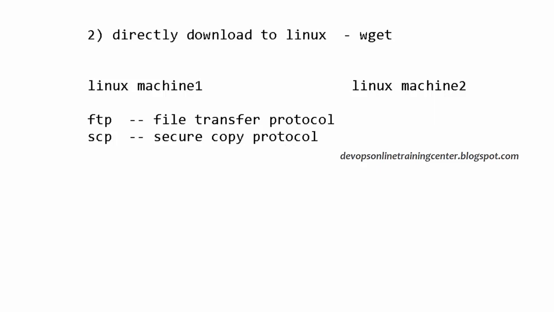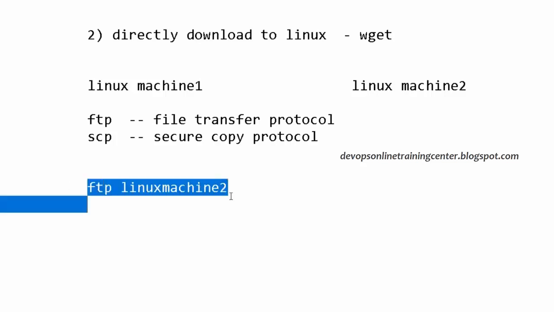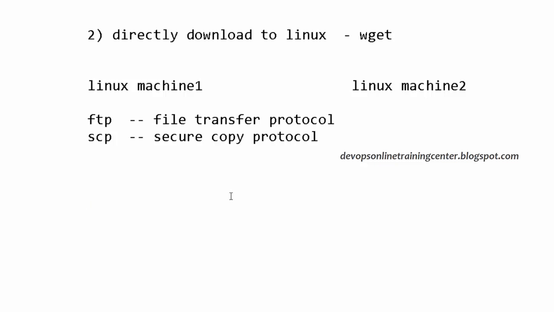Okay, so what happens if you just type FTP and the machine 2? It will ask for the username and the password of machine 2. Once we provide them, we'll be in the prompt of machine 2. Then we can transfer the file from one machine to the other. So what is the difference between FTP and SCP?